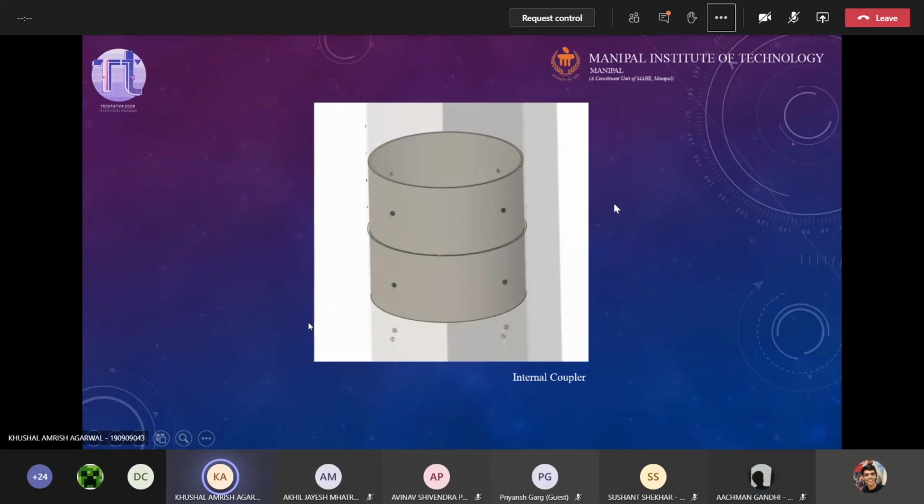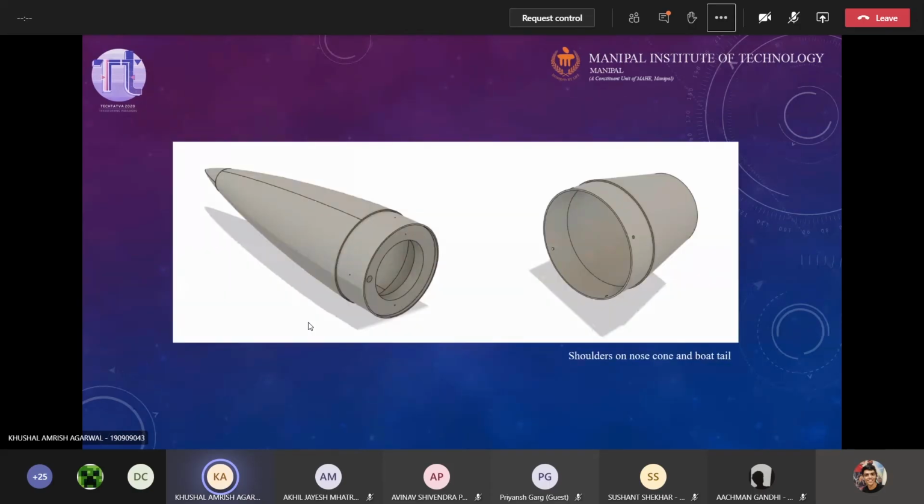We can have a coupler of that shape, but this is mainly because of manufacturing difficulties. To make another coupler of the exact shape of the internal part of the taper of the boat tail and the nose cone, we'll need another mold manufactured, and we'll have to manufacture a separate coupler for that. So instead of that, what we do is we add shoulders.